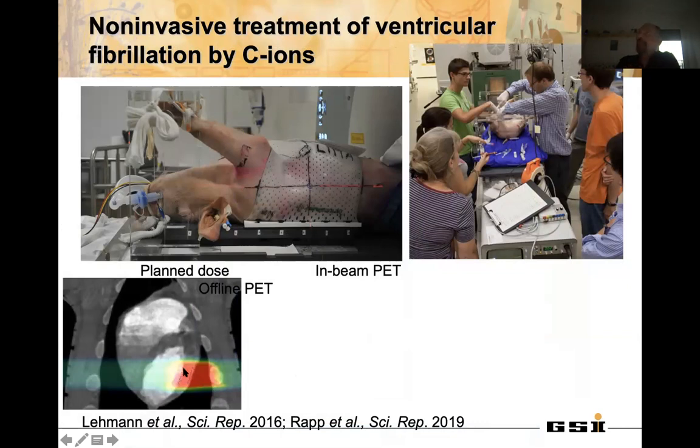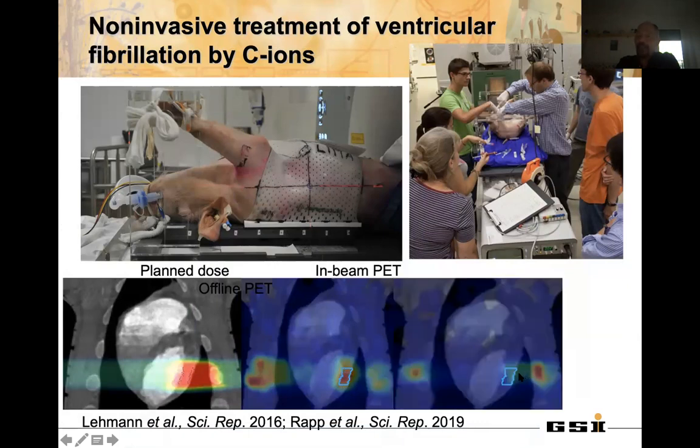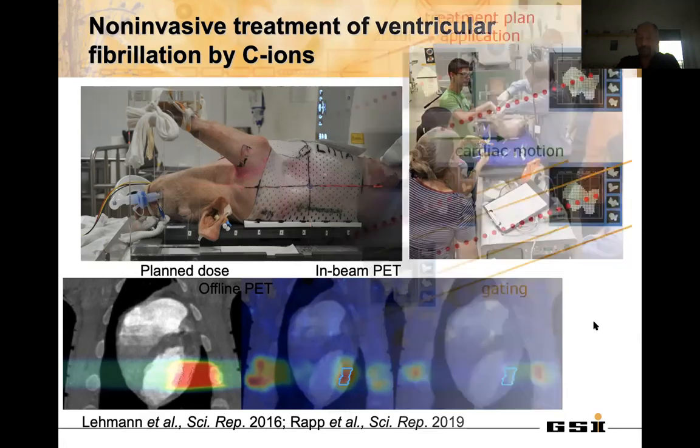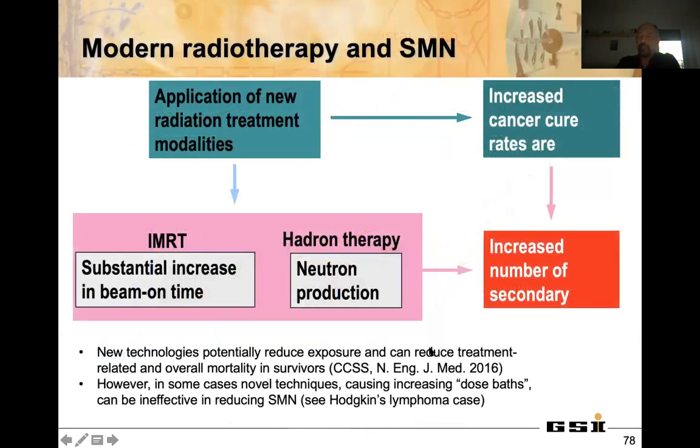where we were targeting here the ventricular tachycardia, so it's a ventricle. This is the in-beam PET, where you see the signal here. And this is the offline PET, where you see that the signal is gone because of the washout. So that's why it's nice to have a PET on the couch, because it really gives you the opportunity to accumulate data online. So the 5D problem is complicated, but it is feasible. So this can actually be treated,